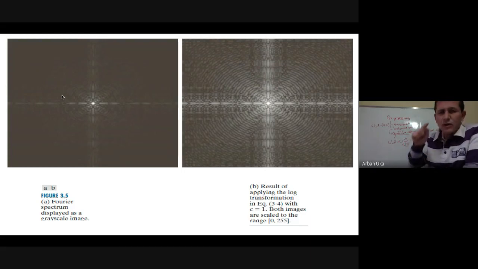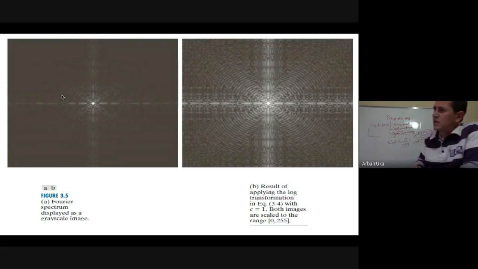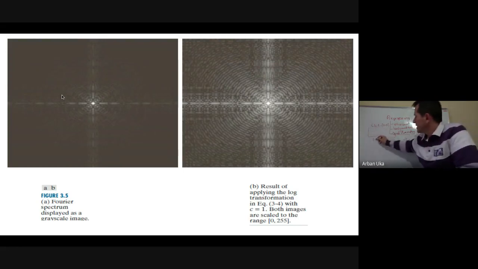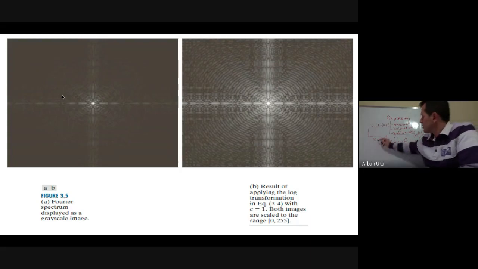But if one peak is huge and the rest has a very low intensity, then it would be very difficult for us to observe. So then here we can have some pixels which have a value of, let's say, 10, and then we have many pixels which have a value of 10 to the power minus 15. Now, what is the meaning of having an intensity of 10 to the power minus 15? Human perception cannot even see 10 to the power minus 3. Okay, so for human perception, 10 to the power minus 3 to 10 to the power minus 15 is the same thing. We see nothing.